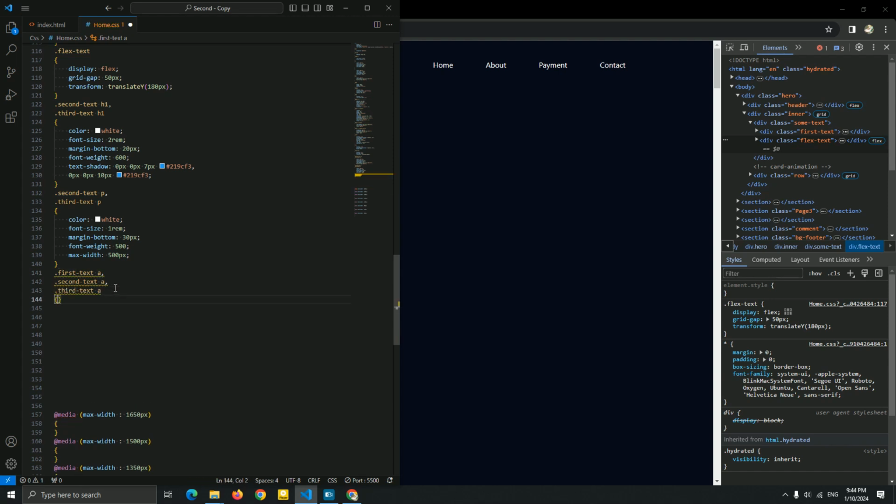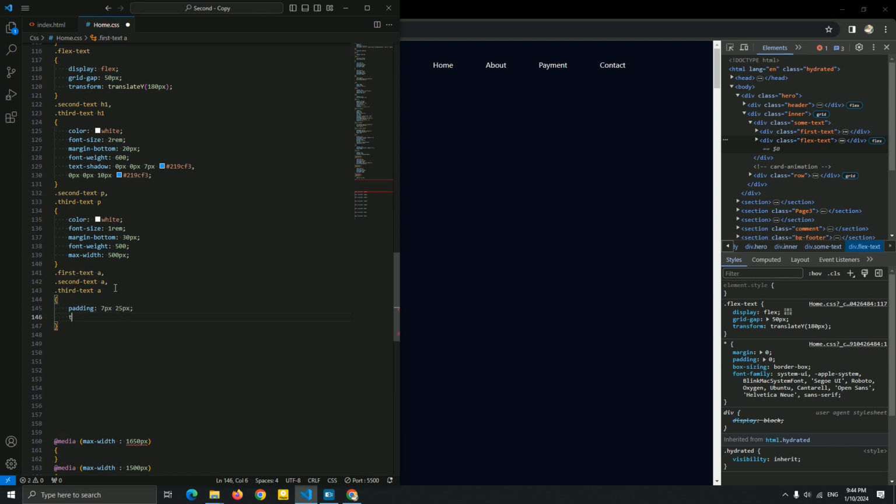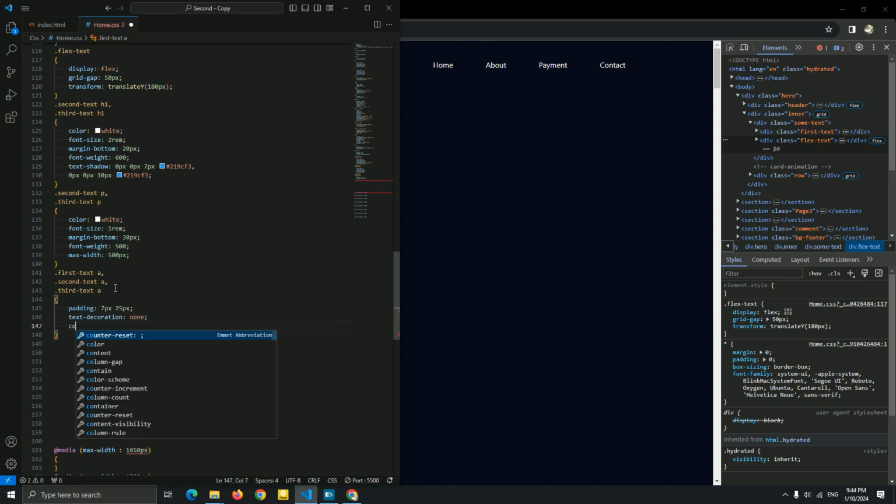So for this A link, first I'm gonna add a padding, 7 pixel, 25 pixel, and let me add text decoration none, color, okay, position relative, and z index 1.